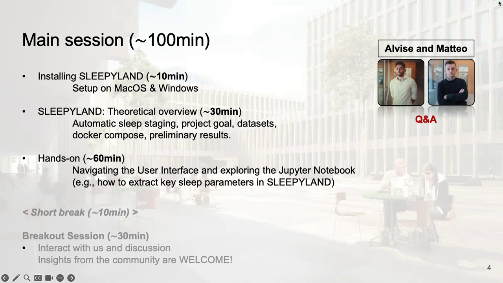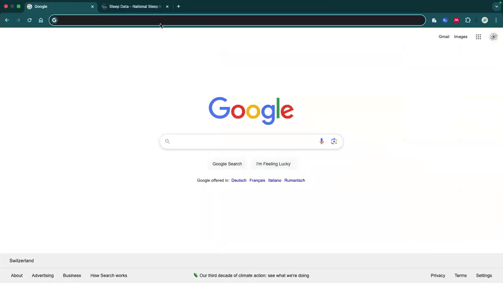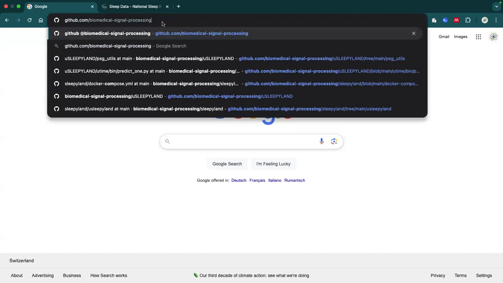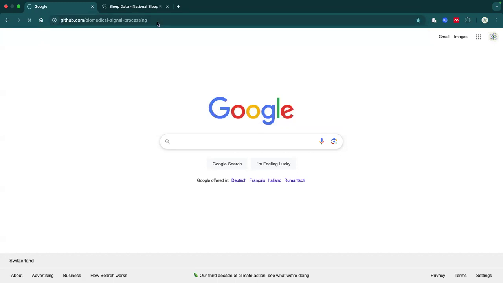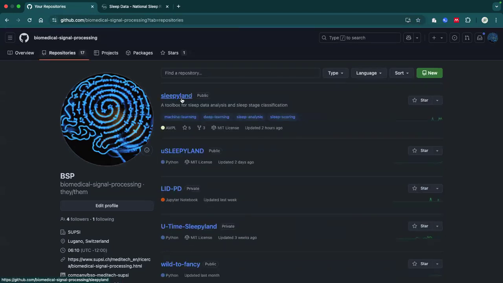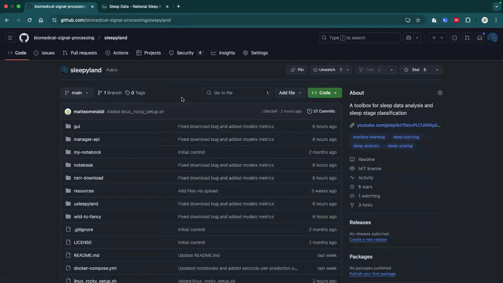So the first thing I'm going to do is to install the tool together with you. If you haven't done that before, please just follow these instructions. Open your web browser and type github.com/biomedical signal processing. This is the place where you will find the repo. The repo is called SLEEPYLAND. So you click on the project,